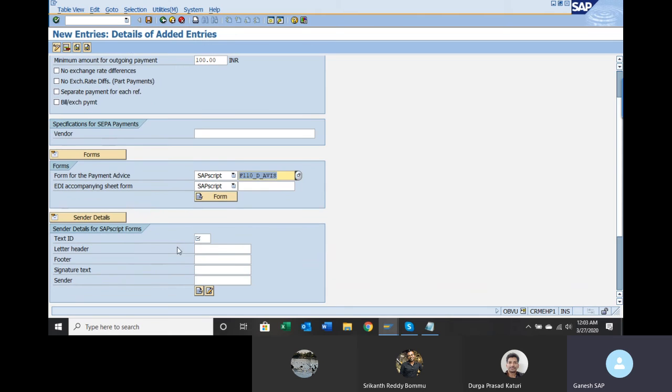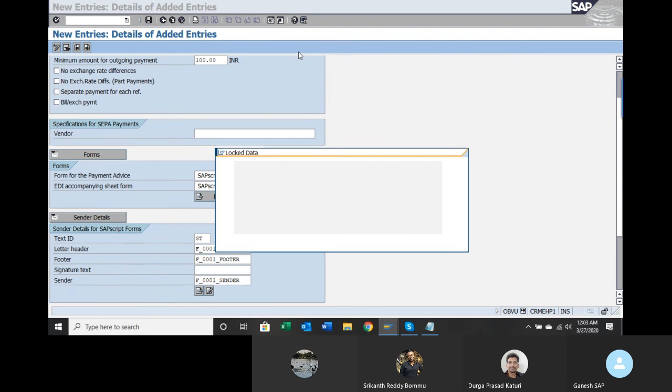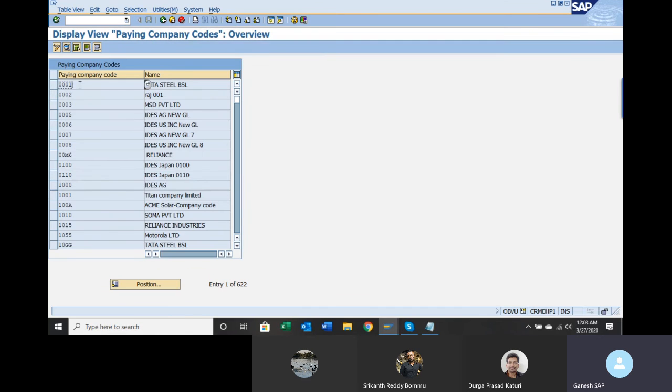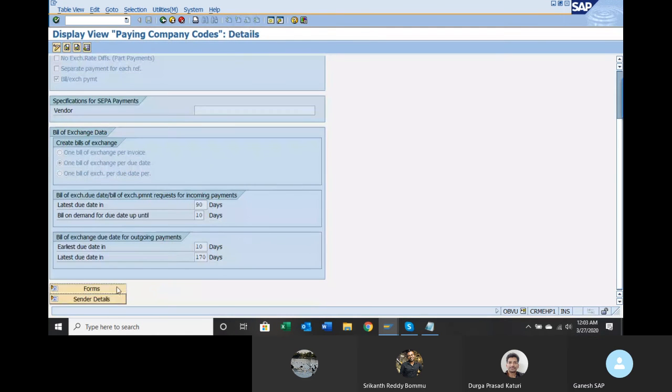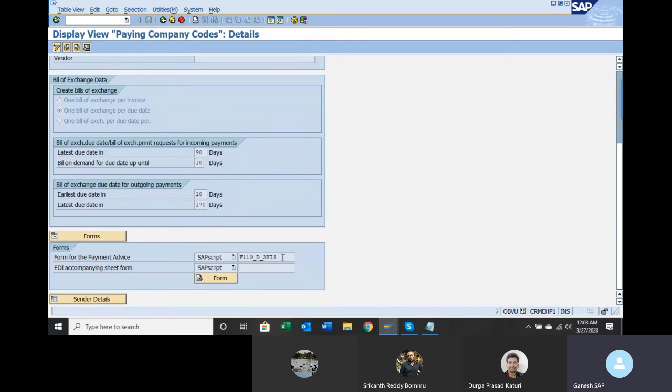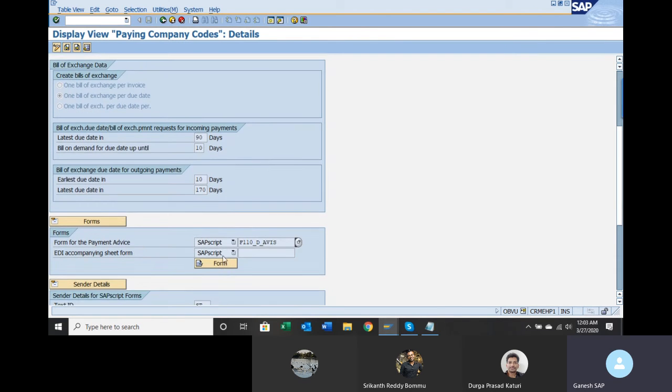Click on sender details. How do I know this ST and other stuff? If you want to see this, OBVU is the transaction code. Go to OBVU in another screen. Take 0001. Go to forms. You can take this form. Go to sender details.